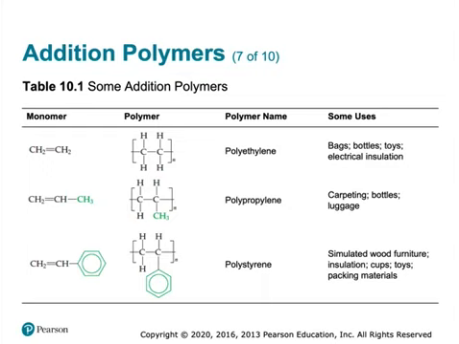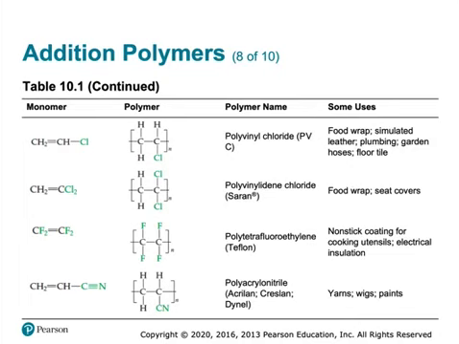Polystyrene, so Styrofoam. I think of Styrofoam with this. You can use it for various things, though. It can be made for plastic utensils, for instance. You can also use polyethylene for plastic utensils as well. You can use a polyester called PET for that as well. There's various options. PVC,